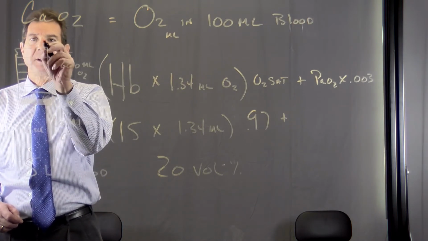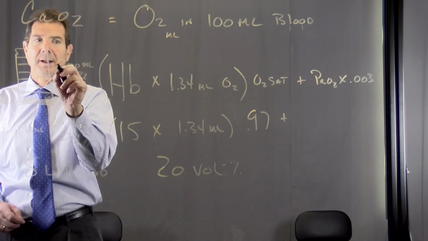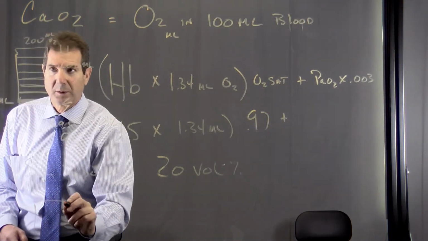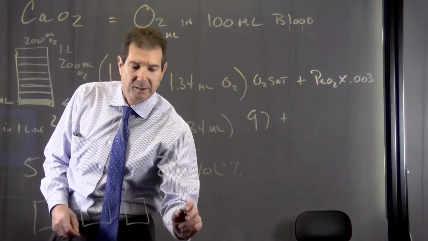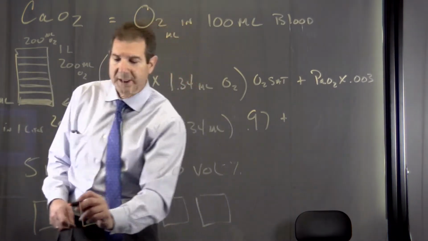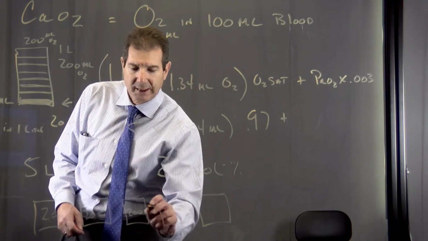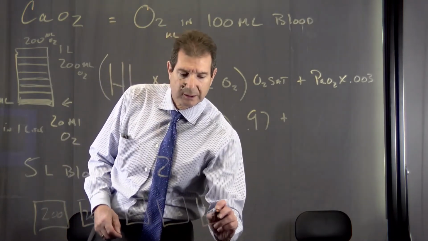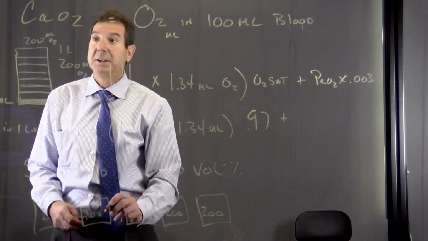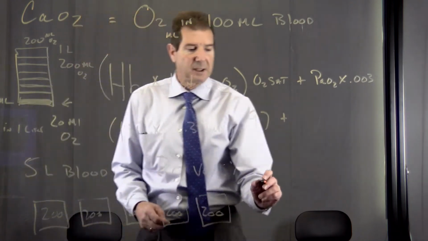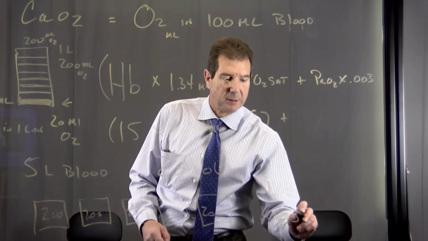So if I have 200 milliliters of oxygen in 1 liter, and then I have 5 liters, each having 200 in each of these liters, and I have 5 of these. That means in a minute's time, I can deliver 1,000 milliliters of oxygen,